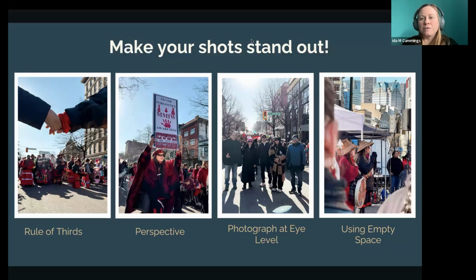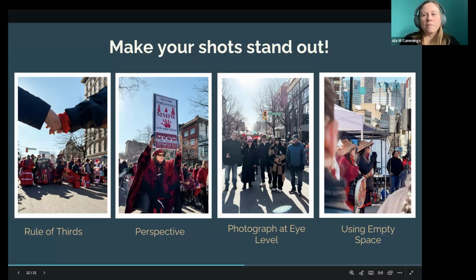And the last thing here is use empty space. This isn't the best example of this, but I wanted to use some from this event. You can see here, here's the subject, and I have a little frame here. I often use people's heads as frames. I want somebody in front of it to give that little storytelling look. This person's in the foreground, so is this person. This is the main subject, and this is the background. This is how you tell stories within photos. You have a front, a middle, and a back.